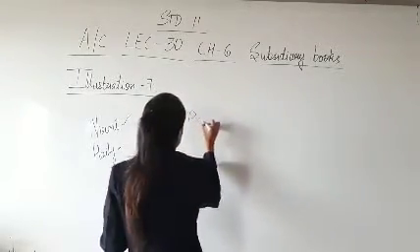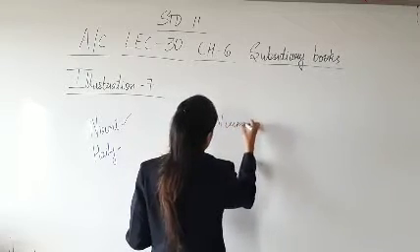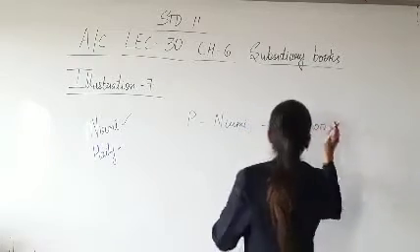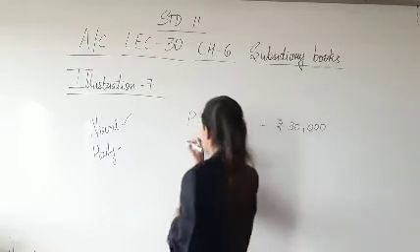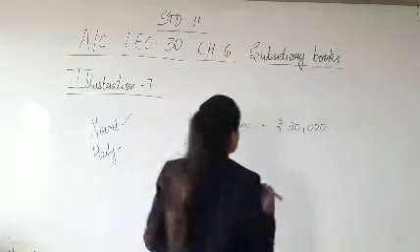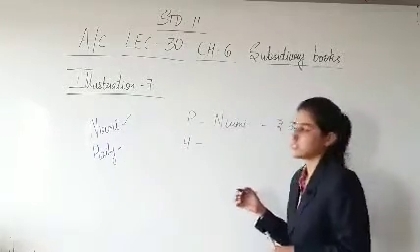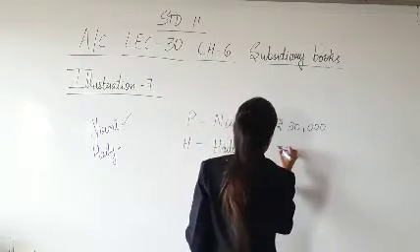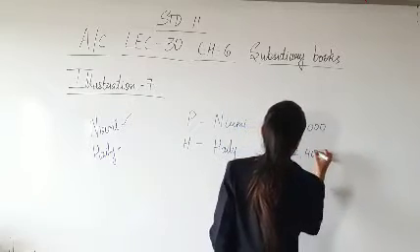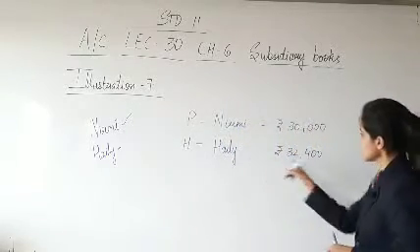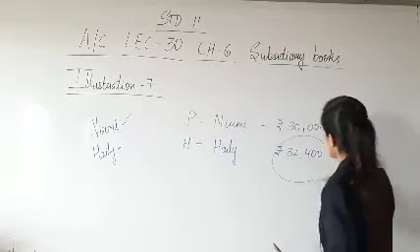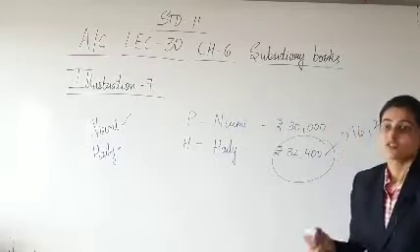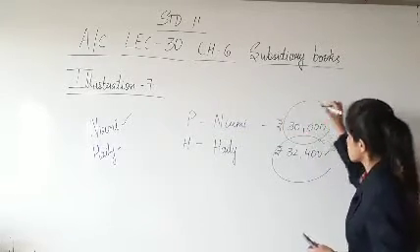See, you have purchased from Nirmi goods of rupees 30,000. Same goods you have sold to Haley at rupees 36,000 with a 10% trade discount, which is 32,400. Haley has returned half of the goods, half of this, 16,200. So I will return the half of this